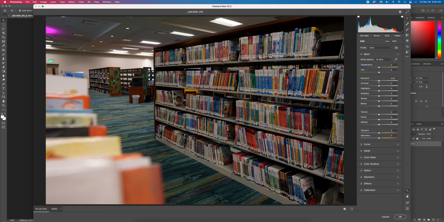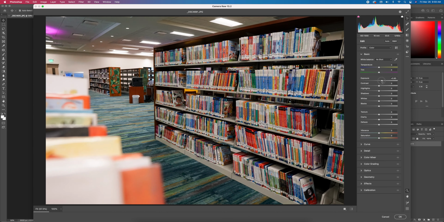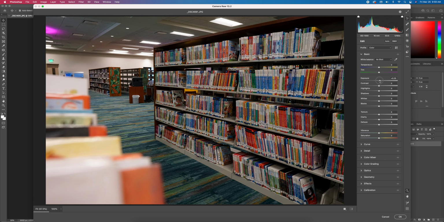So one of the most basic edits that you're always going to do with your photo is exposure. That's how bright your image is. And honestly, at editing, you just have to develop your eye for it and figure out what an image needs to be ideal in exposure and color and temperature. I usually like to go for a more natural edit, so I'm just going to edit it just enough where it looks natural, but also a little bit better than natural as well. So I'm going to increase the exposure to